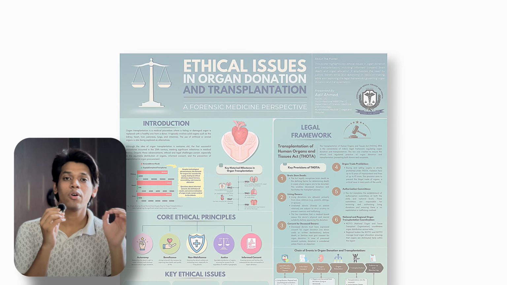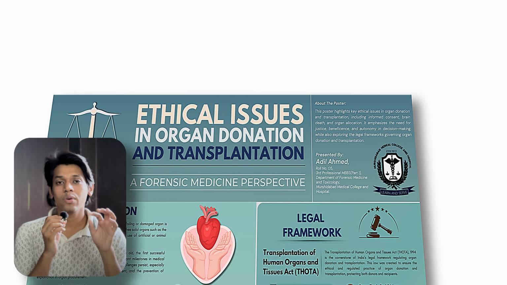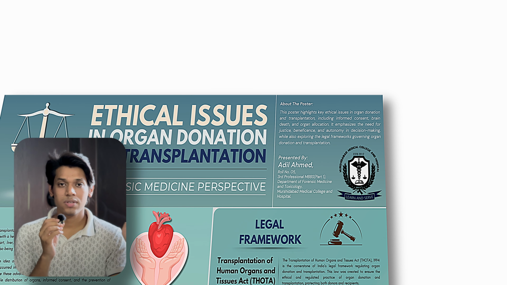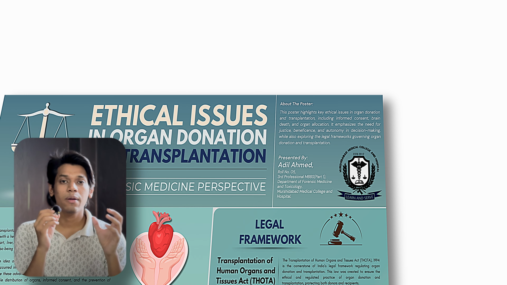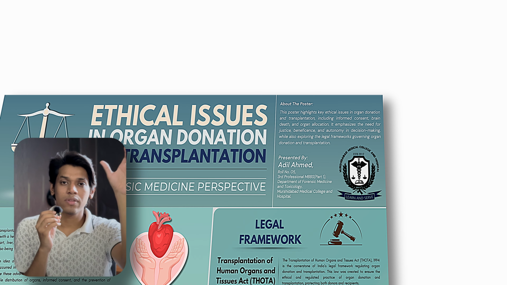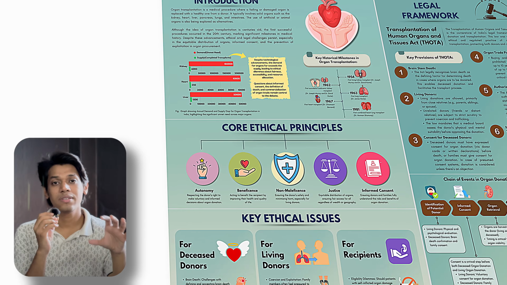Now once you have your blank poster, it's time to divide it into sections. A good medical poster generally follows this order: title and information about yourself, a brief introduction to the poster, aims and objectives, which I skipped on this one because my topic was short, so I clubbed this information into the brief introduction part of the poster. Then the main content which you have been researching till now.